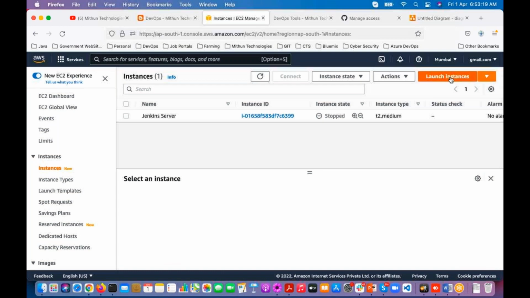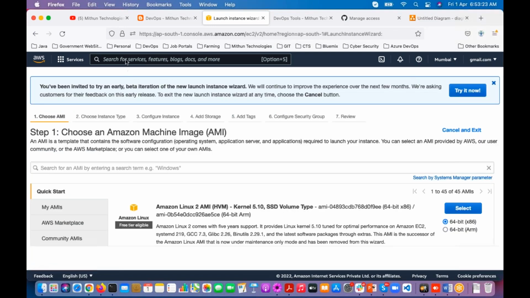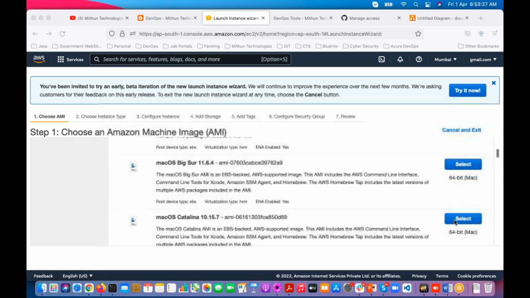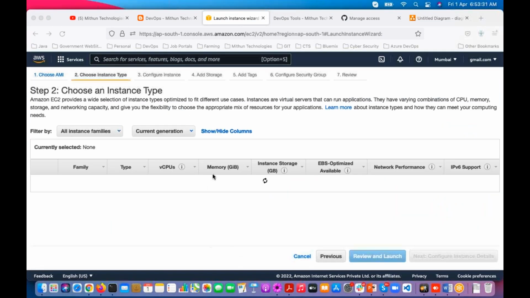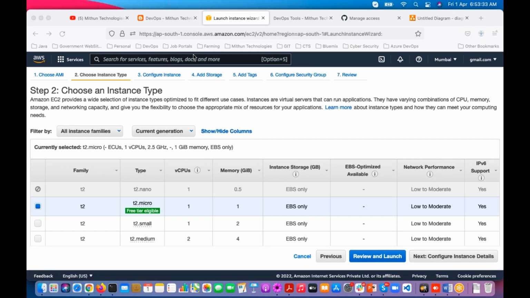So now I'm going to create those 3 servers. Okay, so select Red Hat. Is it possible to create 3 servers at a time? Vijay Kumar is asking, can we use earlier servers as host machines? Yes, it is possible.